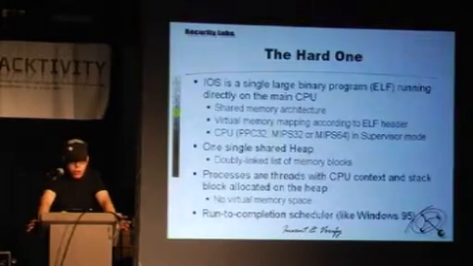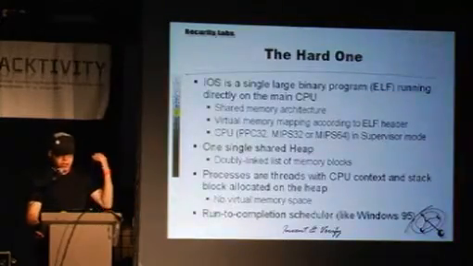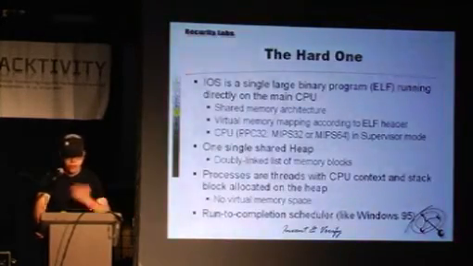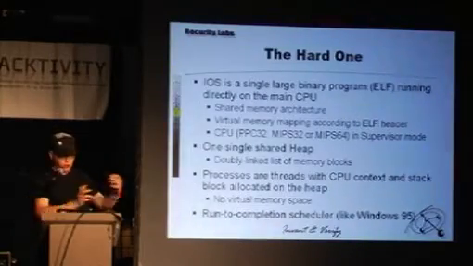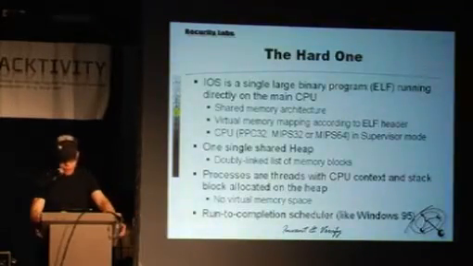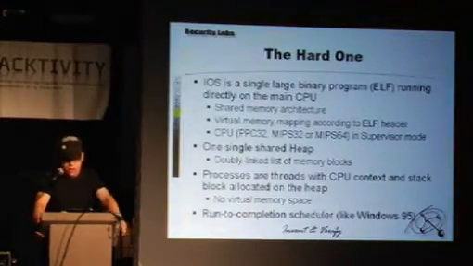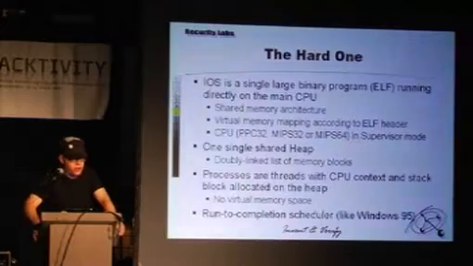You can show processes. You can say, show me the processes you're running, and it's gonna show you processes, but they're fake. They're actually threads. So the difference between a process and a thread is that threads use the same memory. Processes don't. So we're dealing with threads actually. Every time I'm saying process from now on, I mean threads, right? And they have a run to completion scheduler.